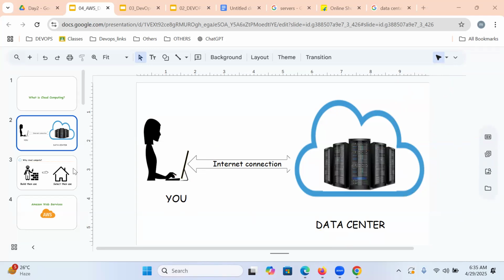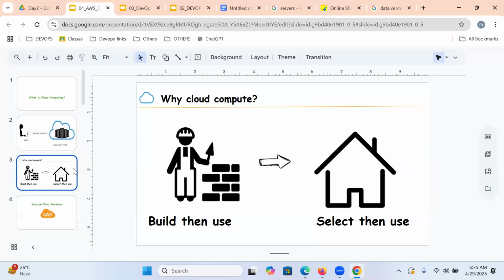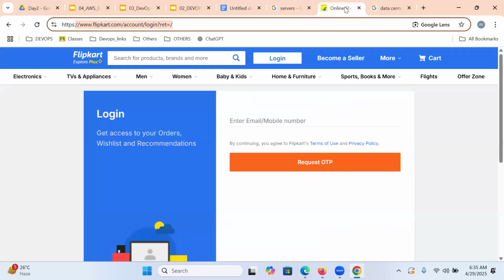Any cloud is a rental-based infrastructure. By using cloud, we are not buying anything. We can get a rental-based infrastructure only. For example, I want to deploy a Flipkart kind of application.